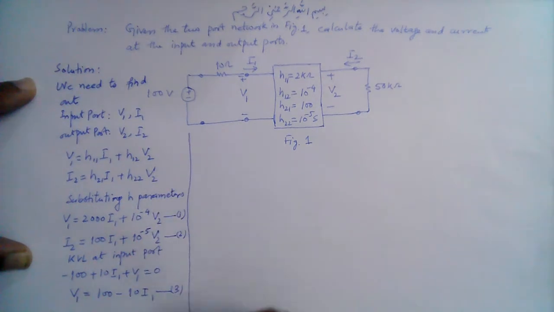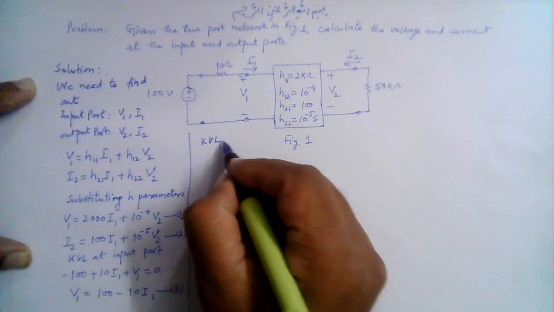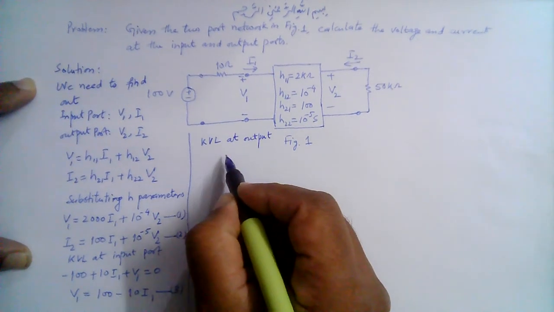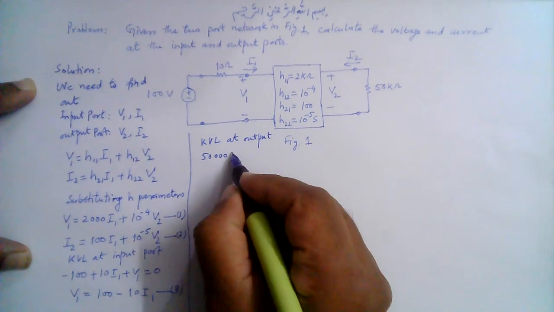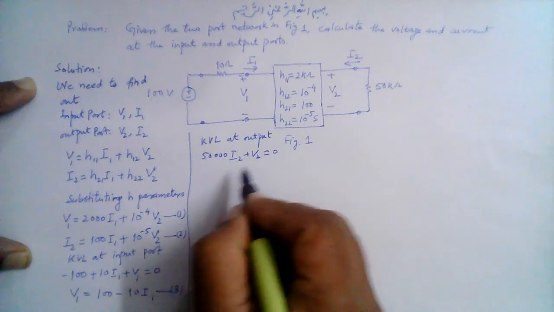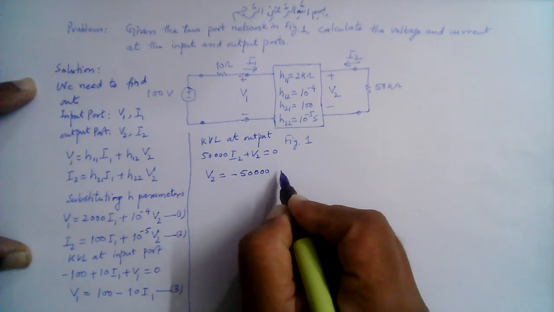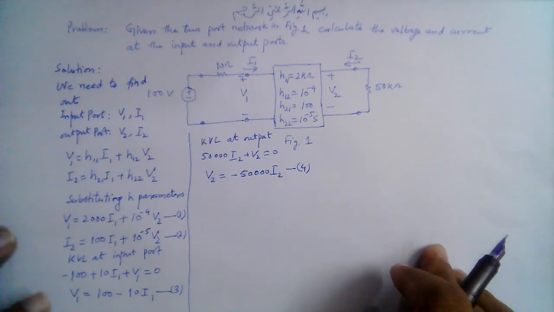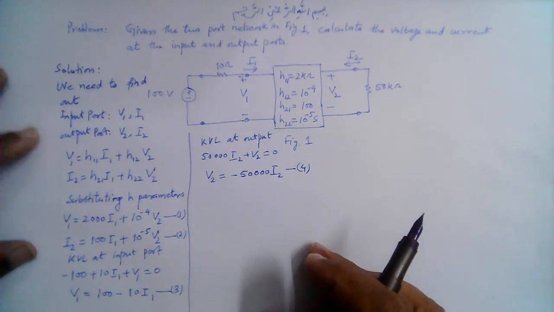Now KVL at the output port gives us 50 kilo ohms, so 50,000 I2 plus V2 is equal to 0. So V2 is equal to minus 50,000 I2. Let me call this equation number 4. So now we have 4 equations. We can solve these 4 equations simultaneously by any of the standard methods to obtain the values of V1,